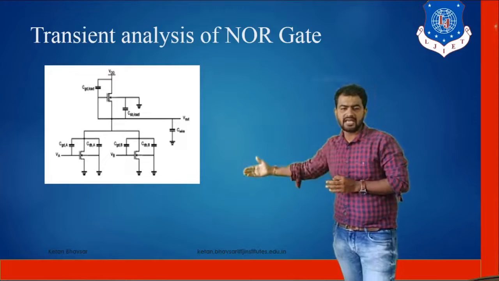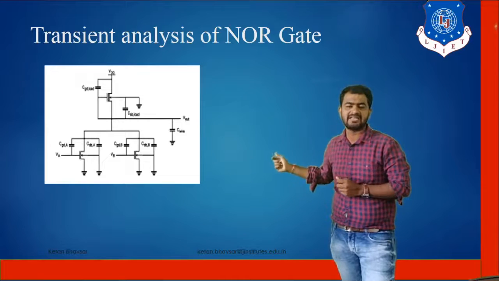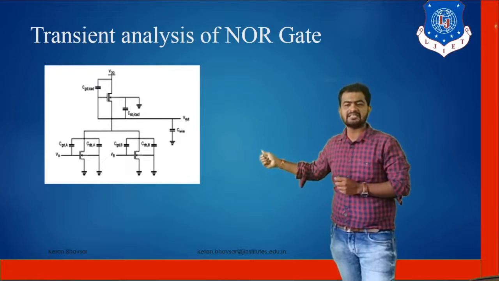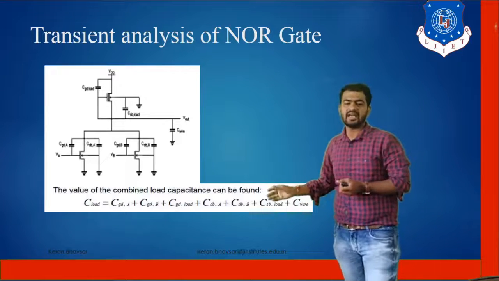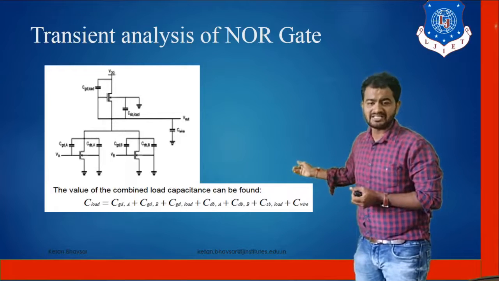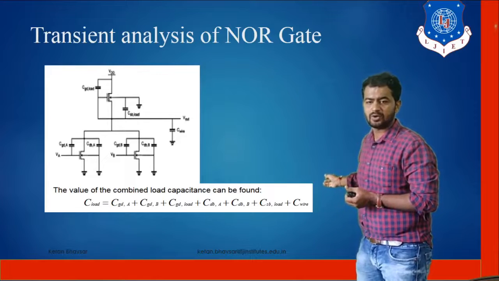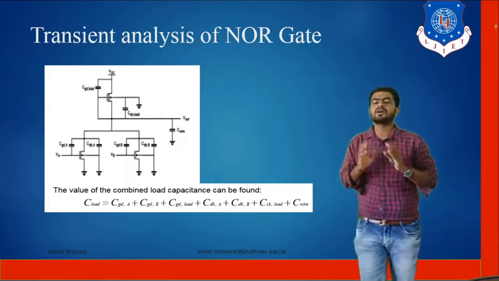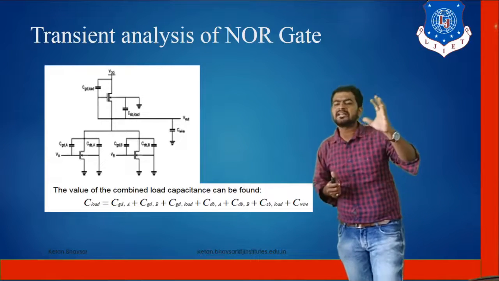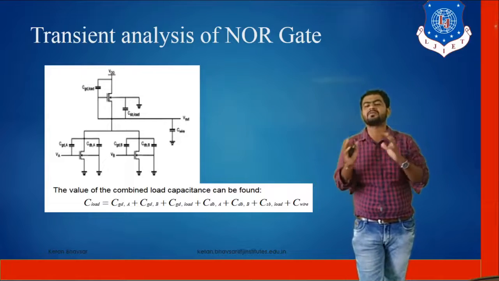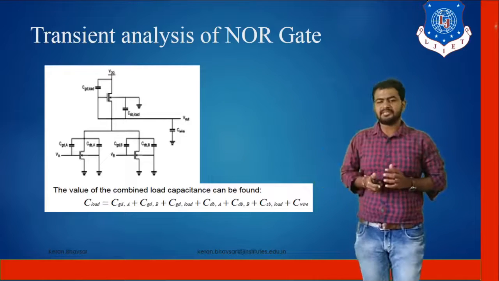As you can see, for VA and for VB, we have different configurations in terms of CGD and CGB, CGDA and CGDB. So we have a total load configuration: C load equals CGDA plus CGDB plus CGD load plus CDBA plus CDBB plus CDB load plus Cw. So we have the total configuration in terms of the capacitance too in this transient analysis. Ultimately, in the transient analysis we focus only on the part where we are considering the different types of gates or different possibilities.